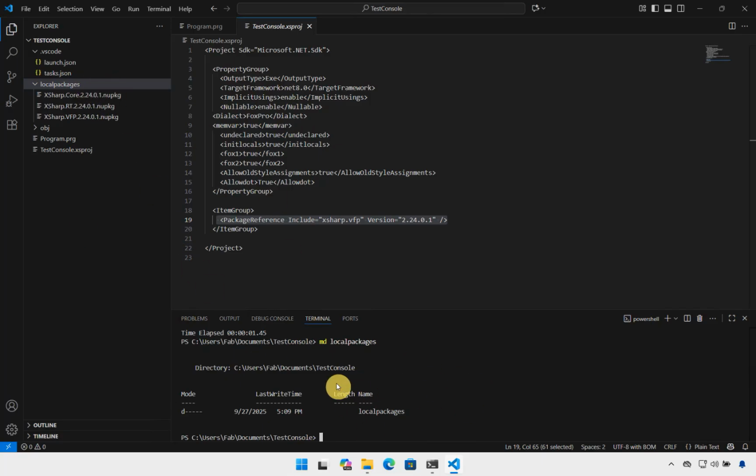So the three files are in the folder. I will stay there in the project, and the command line is the following. We will use .NET add package. We specify the name of the package we want to install, and here I will specify